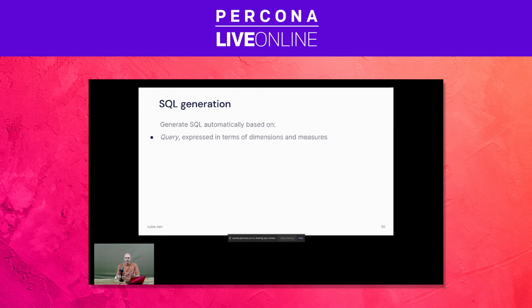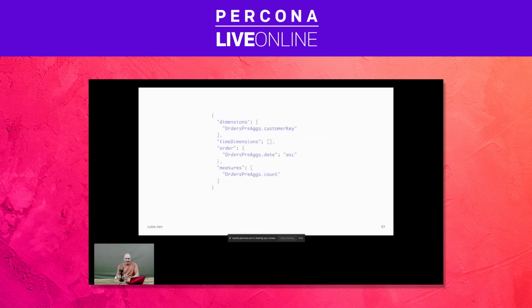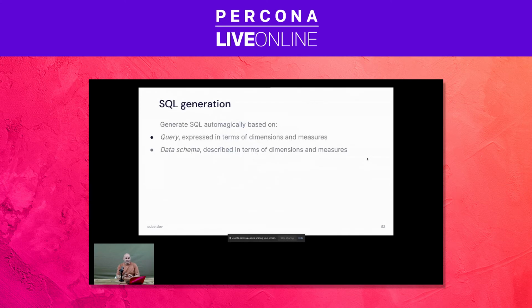So we can formulate our queries in a way, hey, I want to get this couple of measures for this couple of dimensions. This might even look like this. So we say, hey, this is my dimension, this is my measure, and I want the result set to be sorted by another dimension. Looks great, huh? So